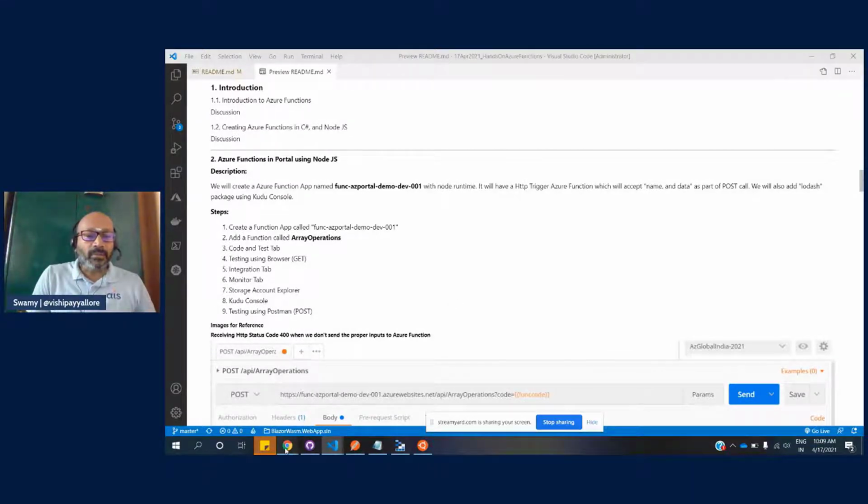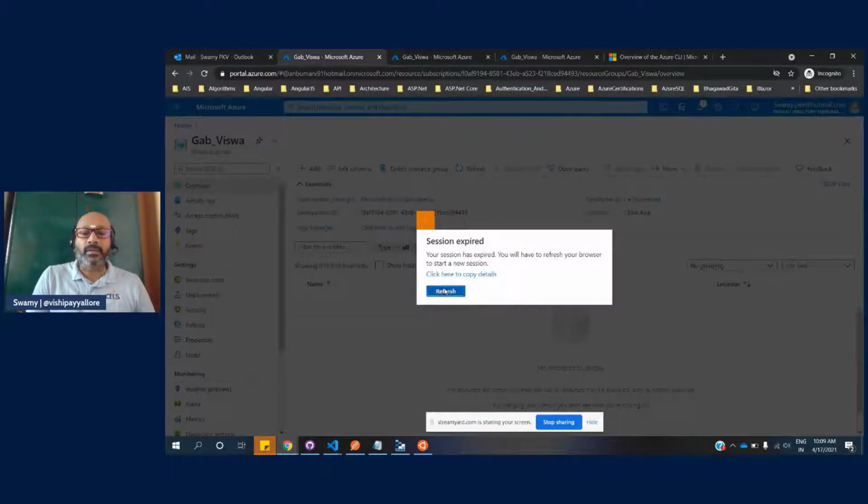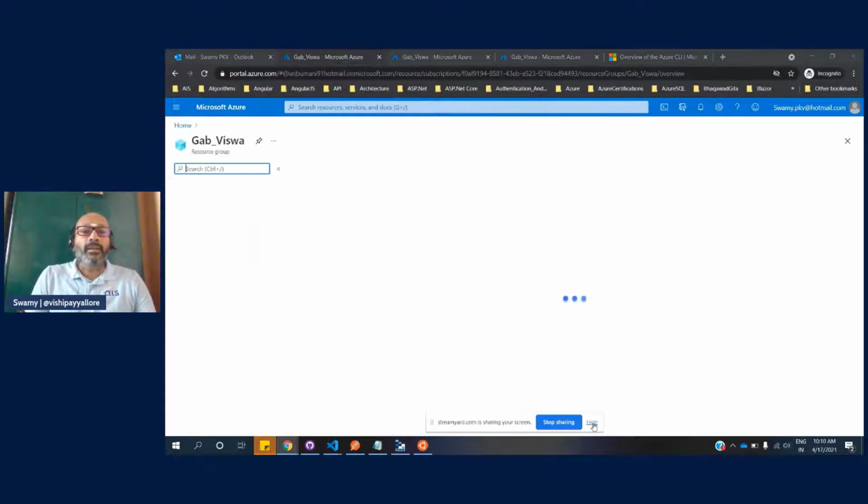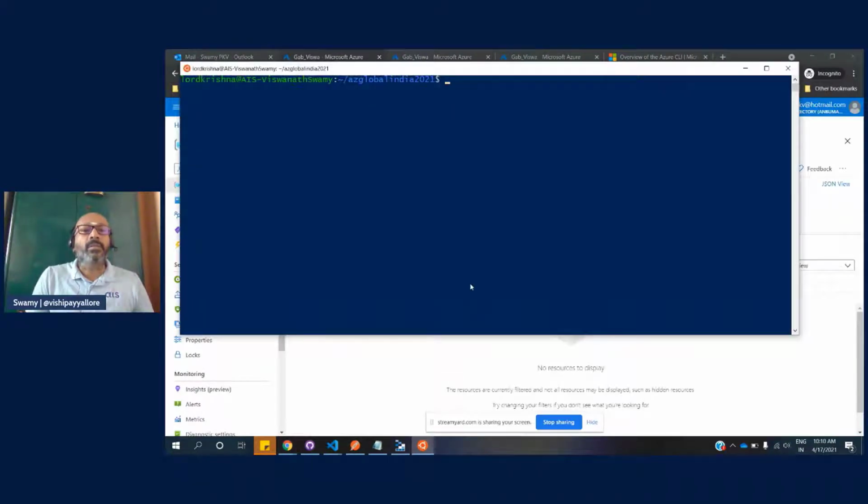Okay, so this is the Azure portal, and I'm using Linux Ubuntu.